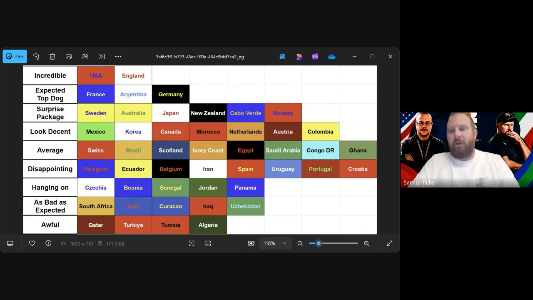They have Sorloth, who is also an out-and-out target man striker, and they've just thought, you know what? We've got 2 really good world-class strikers. Let's just play them and get the ball to them and see what can happen. Sweden have tried something similar, but Sweden's midfield isn't as good as Norway's.